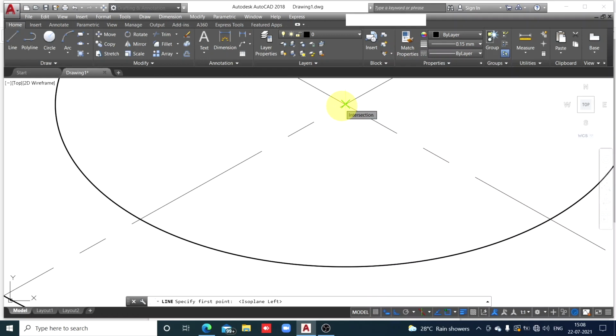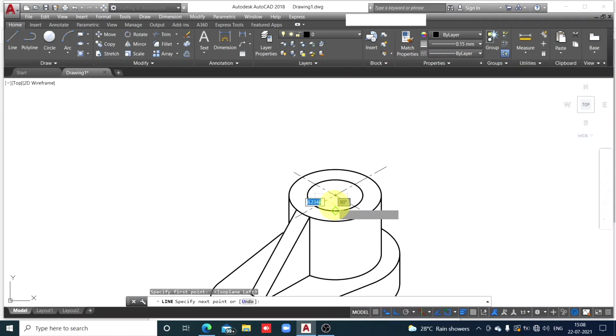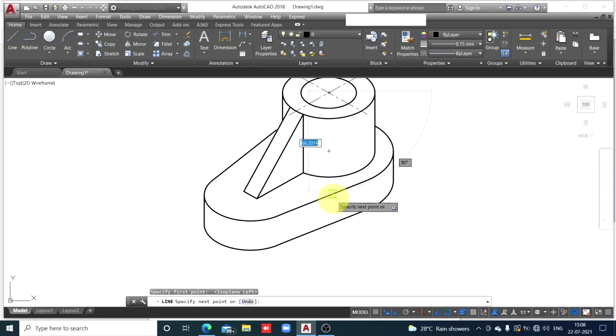Keep it there for some time. This is the intersection, but that is nothing but the center of the circle. Move it, track it a little upward, click it, and then from the center of the lower circle, correct? Click it, slightly longer than the center.